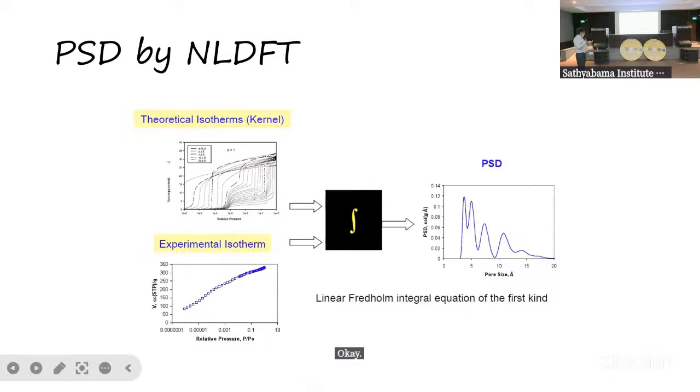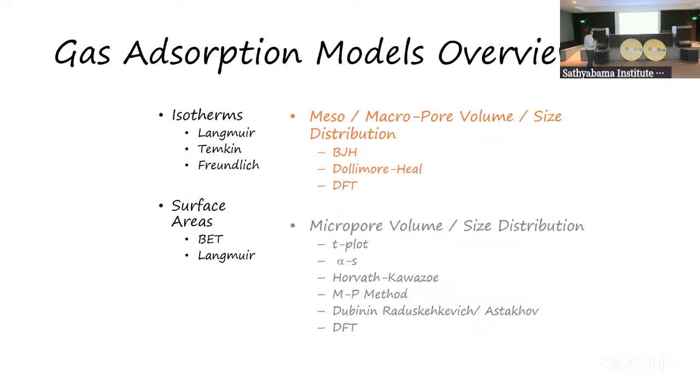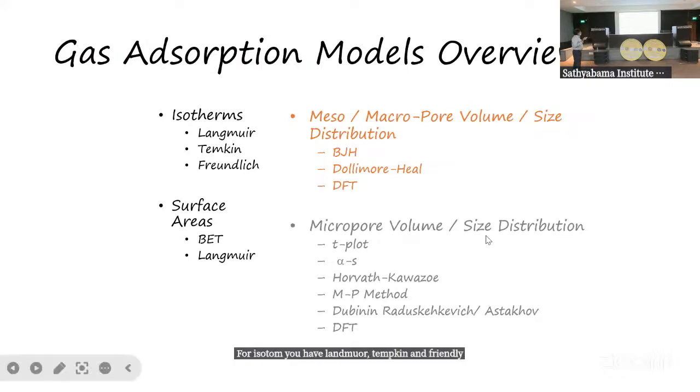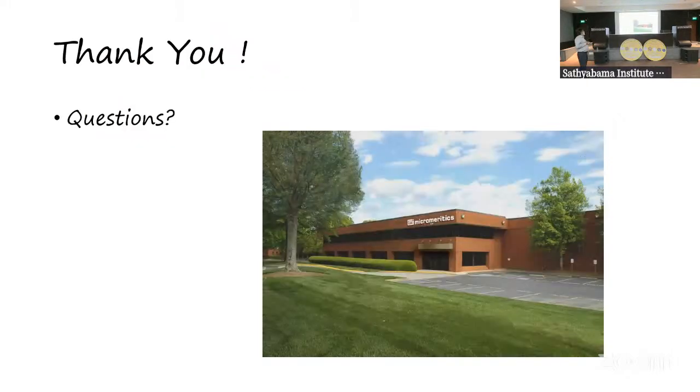Okay. These are some of the slides. For isotherm, you have Langmuir, Temkin, and Freundlich. For surface areas, BET and Langmuir. For pore size, classical theories are this. I have added mercury porosimetry also there. And of course, the DFT that we talked about. Thank you. As far as gas adsorption is concerned,